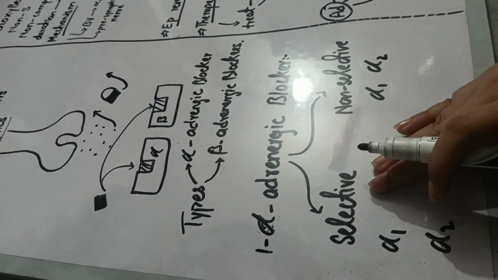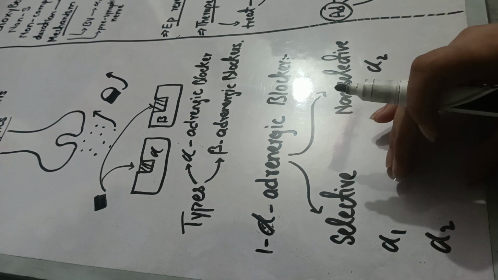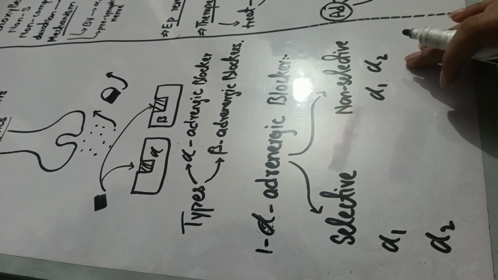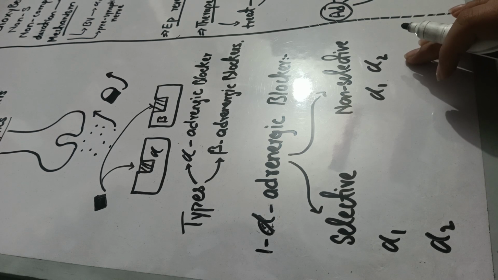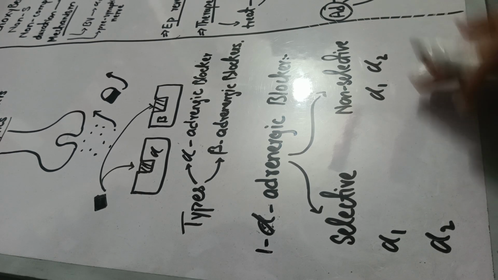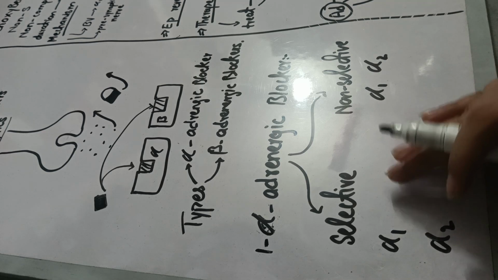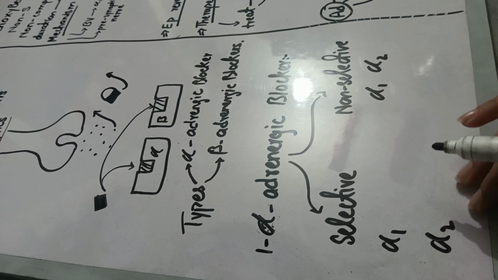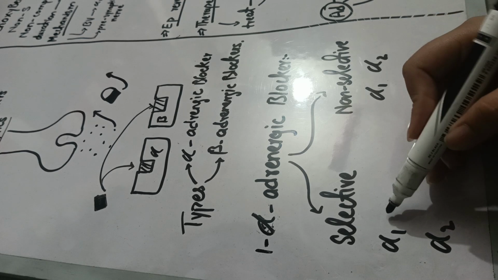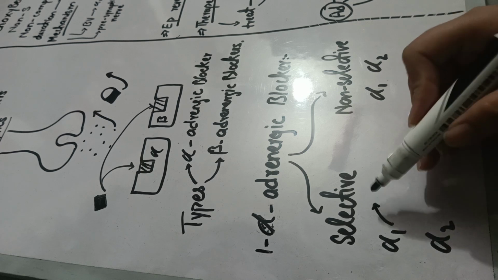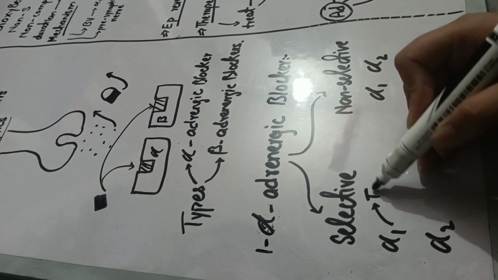So it means the selective blockers are very highly specific. They have only one subtype of alpha on which they can bind, but non-selective blockers have no particular preference. They can bind with alpha 1 as well as alpha 2 receptors. Okay, now we are going to discuss what the selective drugs are and what the non-selective drugs are. Your alpha 1 selective drugs are very simple, three drugs are given here. So first drug is